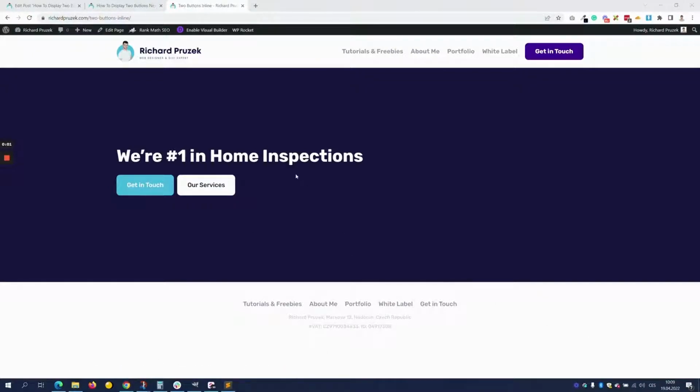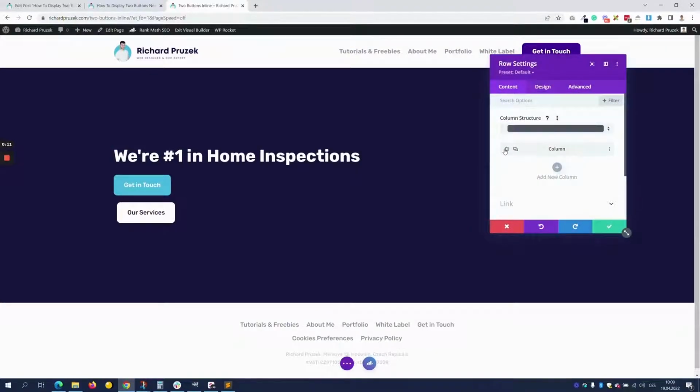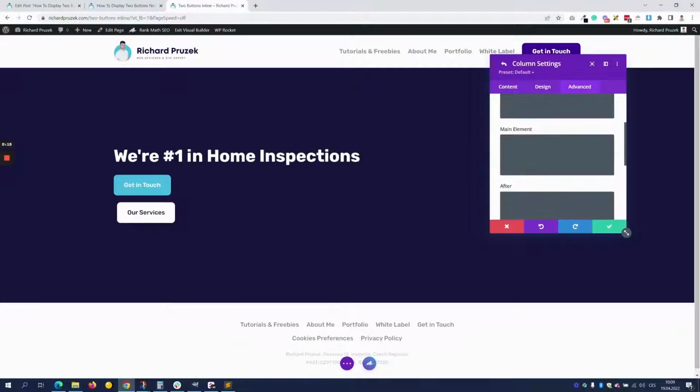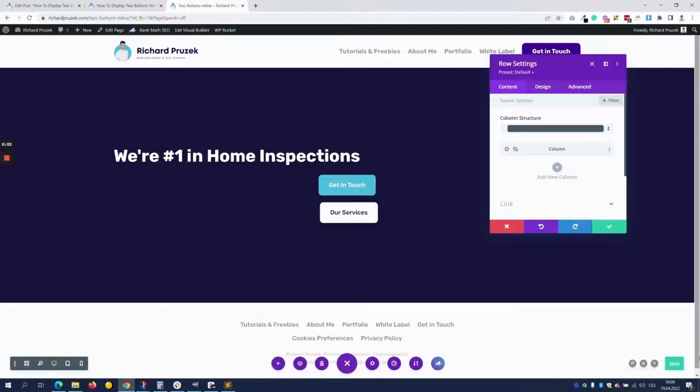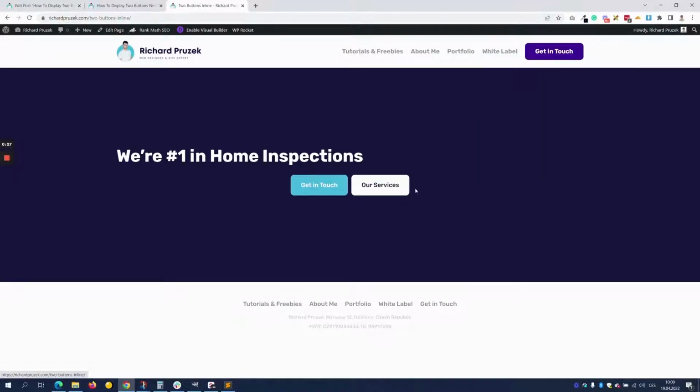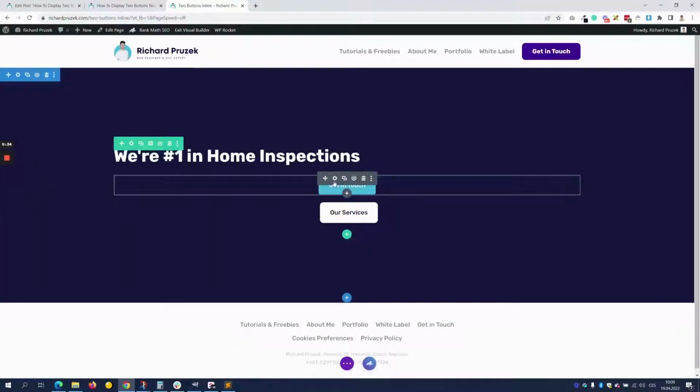Also, a super useful thing when you want to have everything centered in your layout, including the buttons, you can easily achieve that by going to the row settings. In the row settings, you choose the column settings. In our case, we only have one column. Then you go to the Advanced tab, Custom CSS, and you write text align center, and that will center everything. And when we close our Visual Builder after saving our changes, you will find now that the buttons are actually centered. Now, you may want to enable this only on mobile, because for some reason I sometimes prefer having everything